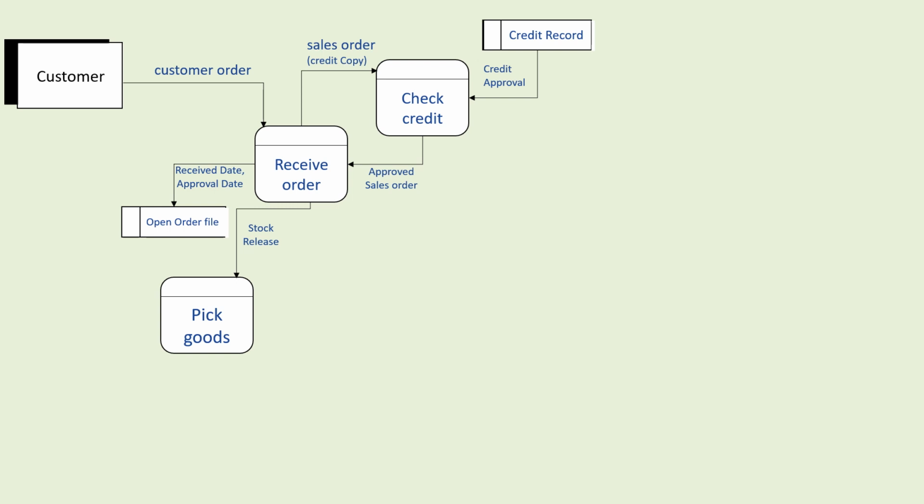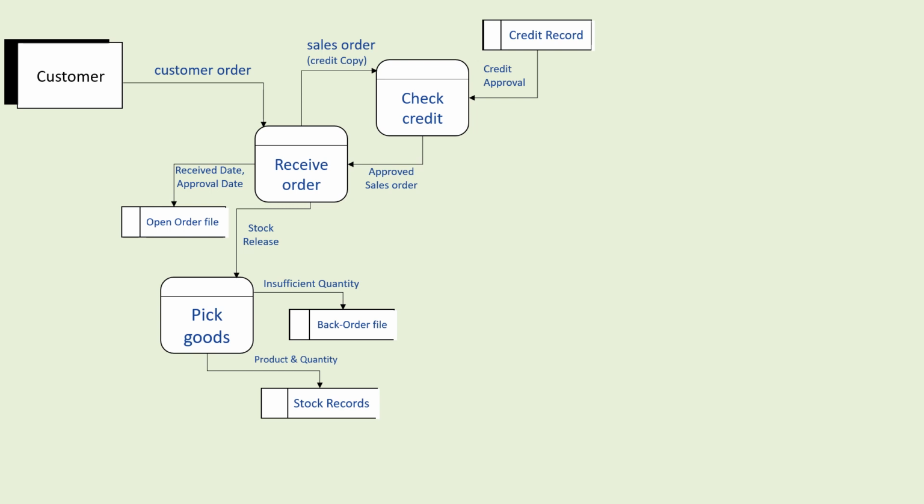The input for this pick of goods process will be based on the stock release, based on the receiving orders process. And then we have two options. If we have insufficient quantity, then we will update the back order file. But if we have sufficient